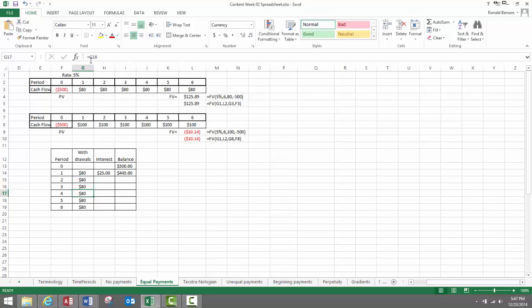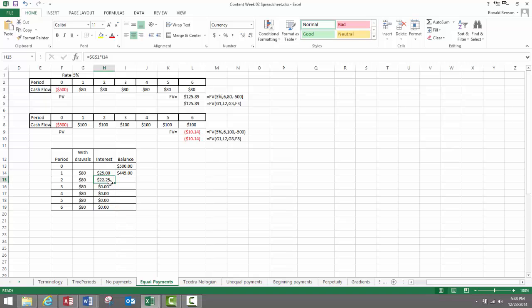This one says G16, which is the previous one, and so forth. Either way works. The interest, G1, we want that to stay constant, so we put $ signs in front of it, because that's always in G1. The rate multiplies times the previous balance, which is going to increment up to a higher column number in each one, so we want that to change, so we'll leave that as is. We can drag that down,